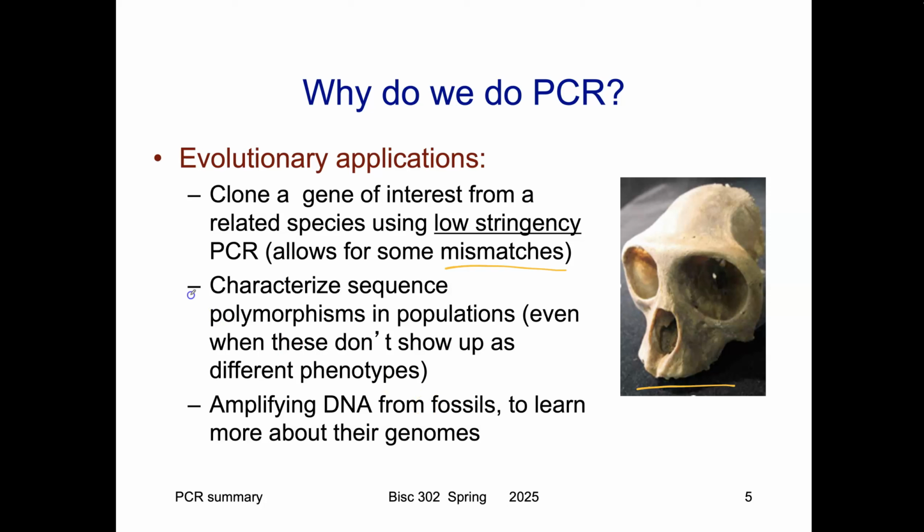And even just sequence polymorphisms in populations, you can characterize those little variations in DNA, even if we can't see a specific phenotype associated with that. And then again, we can look at certain polymorphisms getting more or less frequent. That's an evolutionary